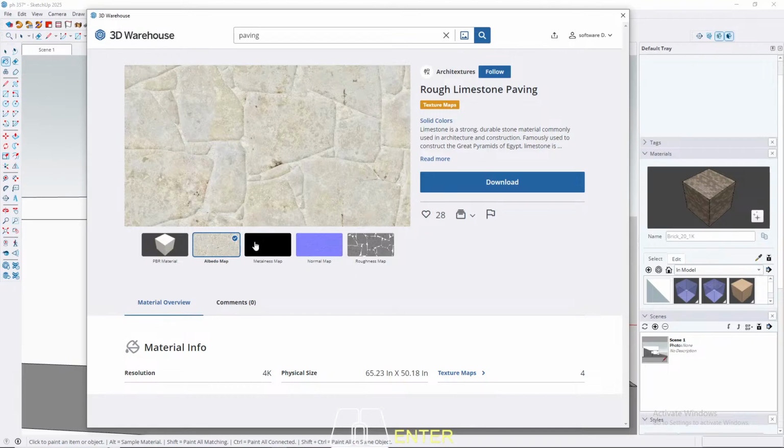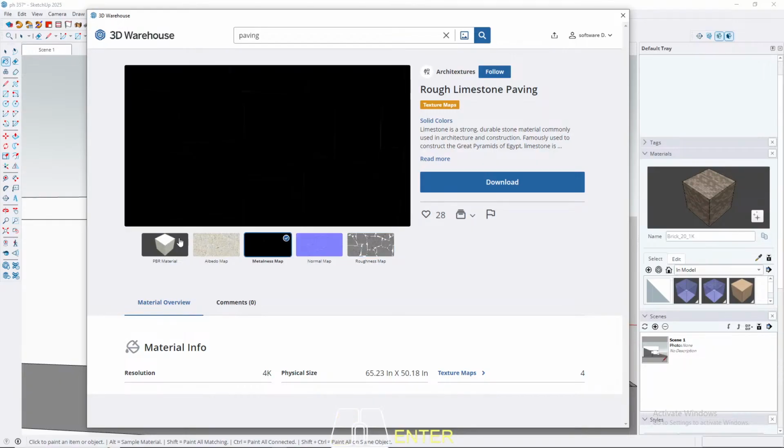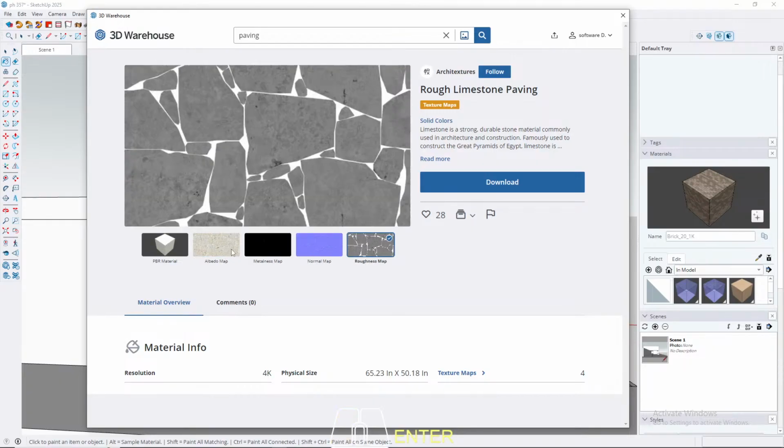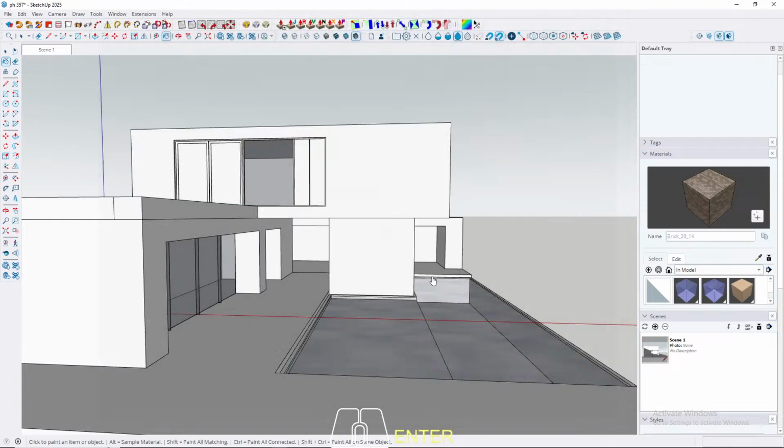I think I want to take this one. There is already PBR. We have the normal map, metalness and roughness, but we don't need that because I'm gonna edit this thing in from render engine. So let's download this thing